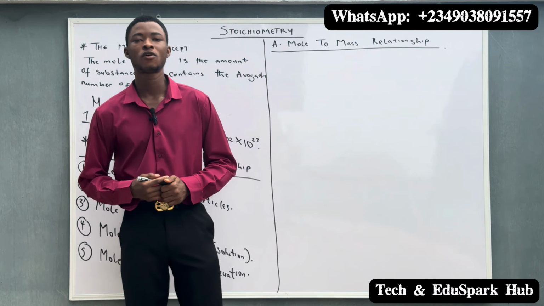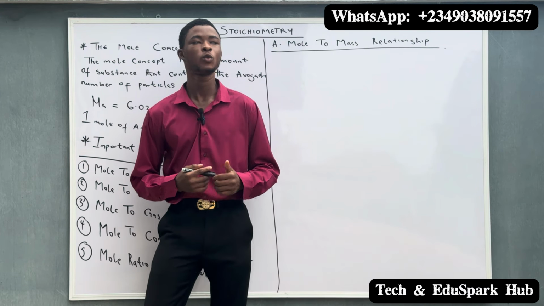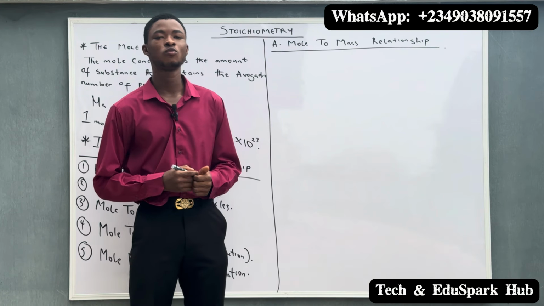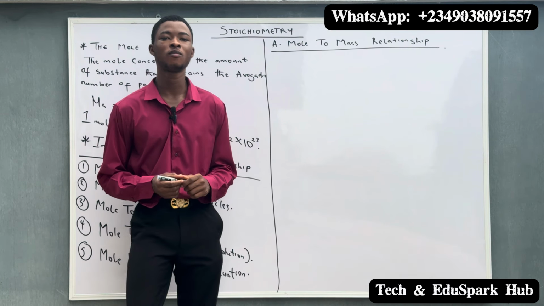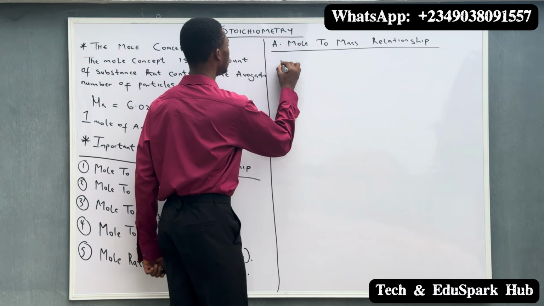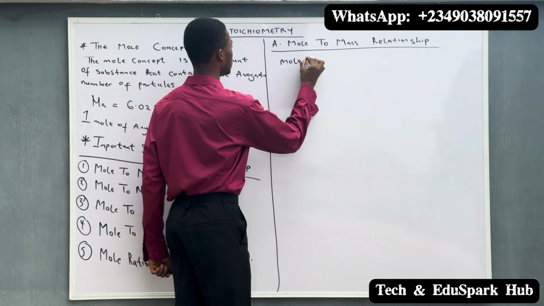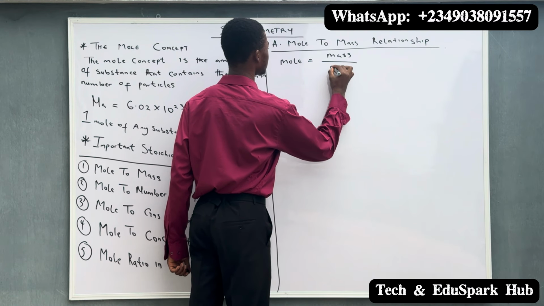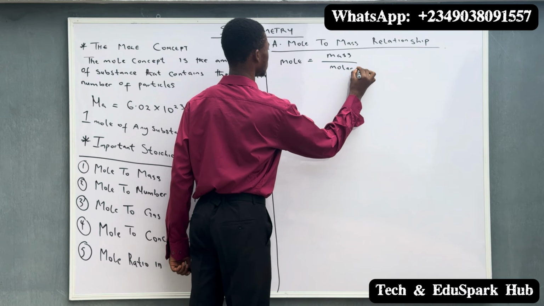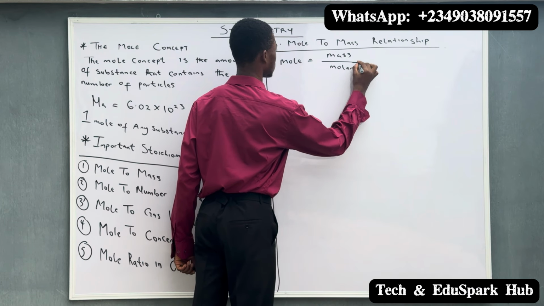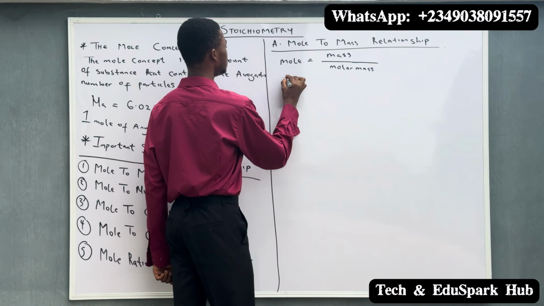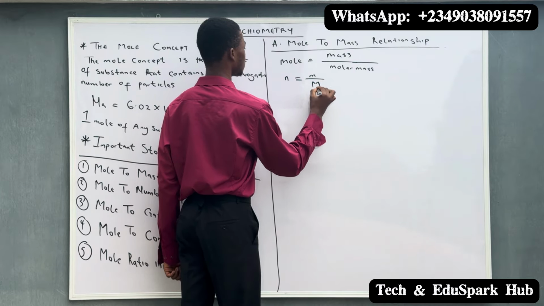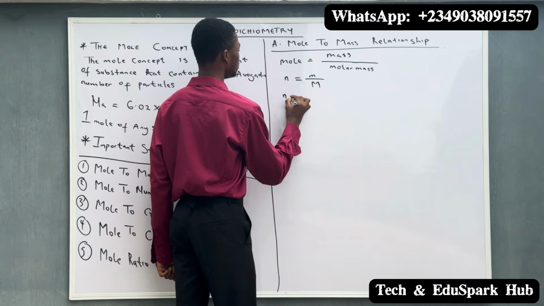So moving to the first stoichiometry relationship, we have the mole to mass relationship. So under this mole to mass relationship, we have a common formula, which is what? Which is mole equal to mass over molar mass. So which is denoted as n equals m over M, where the n is the number of mole